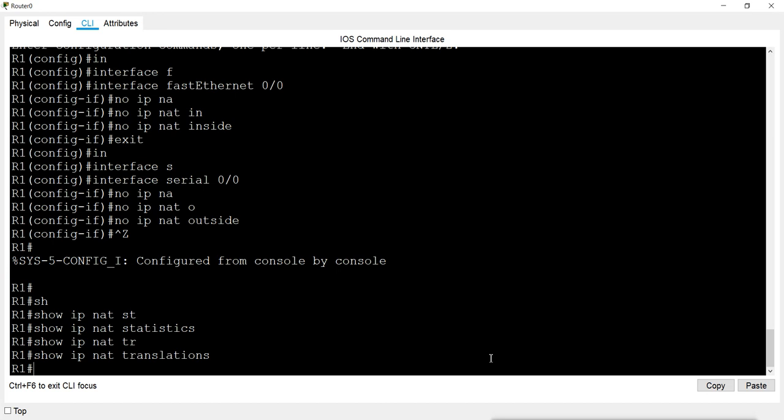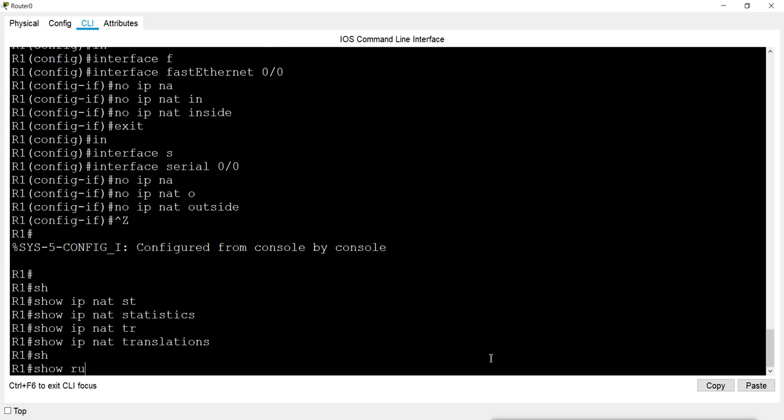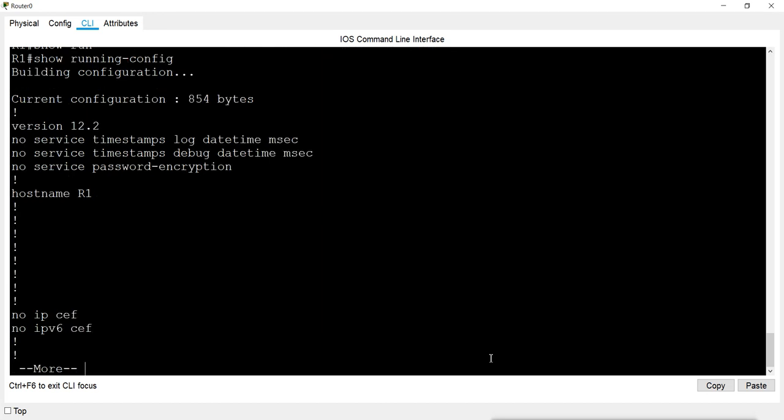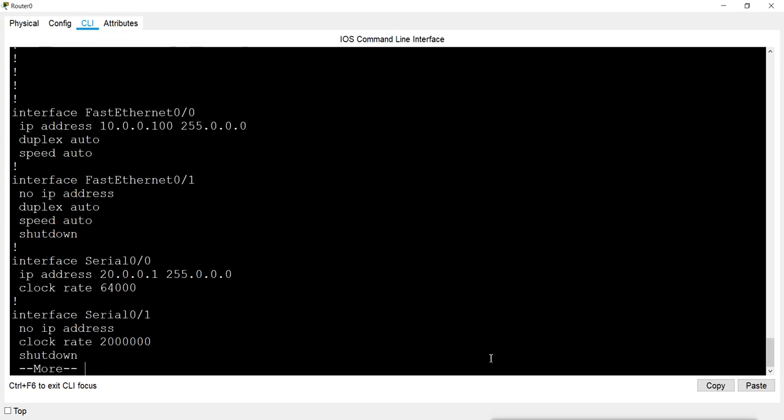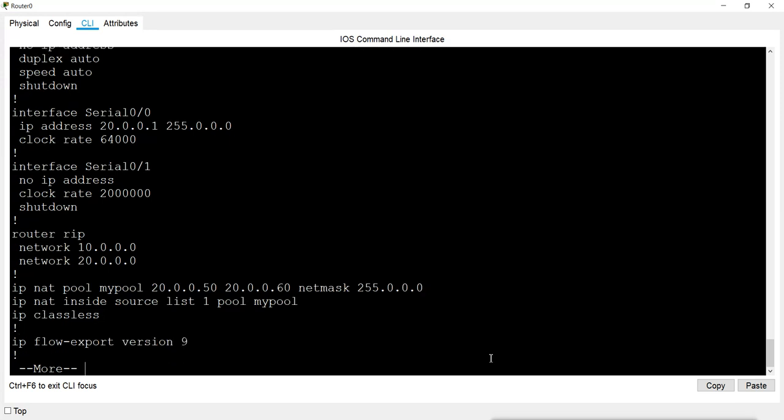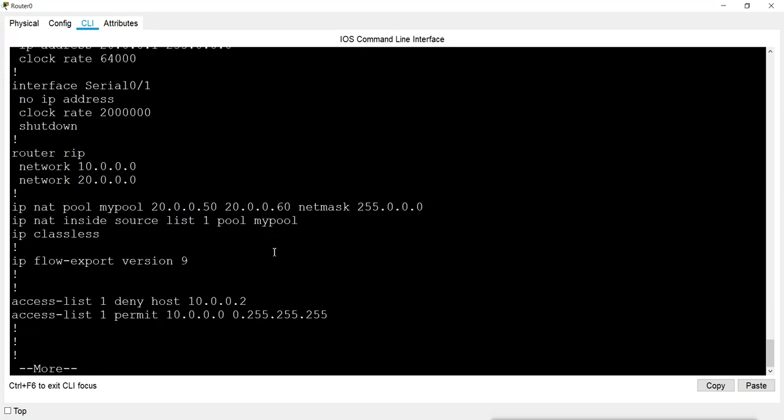We can check with show running configuration, and you can see the configuration which we have made. This is our list, this is our pool, and this is what we have configured for the NAT. So the configuration is still there, only it is not applied.